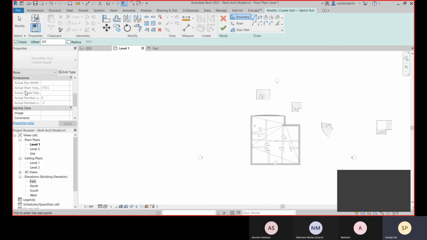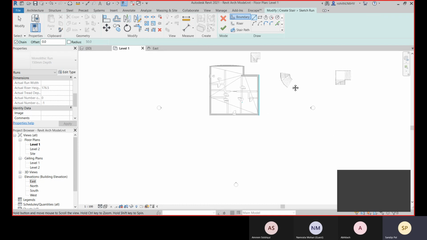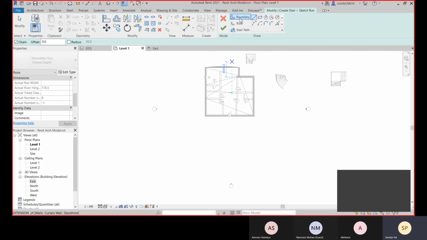According to that, the riser height and the tread depth. The tread depth you can define here, but the riser height is already predefined. So now let me go with this boundary. Let's create the first boundary over there.